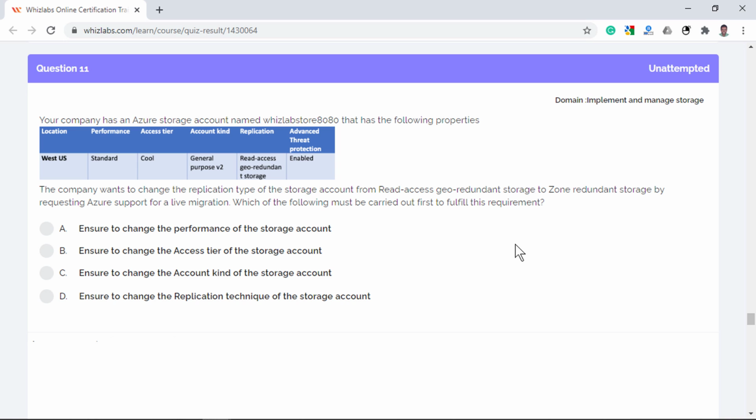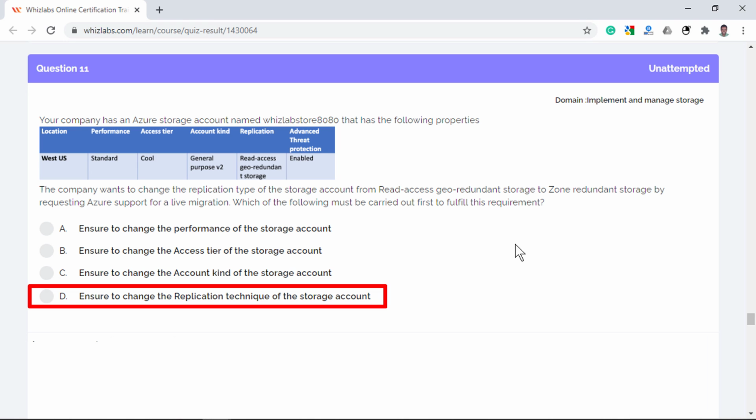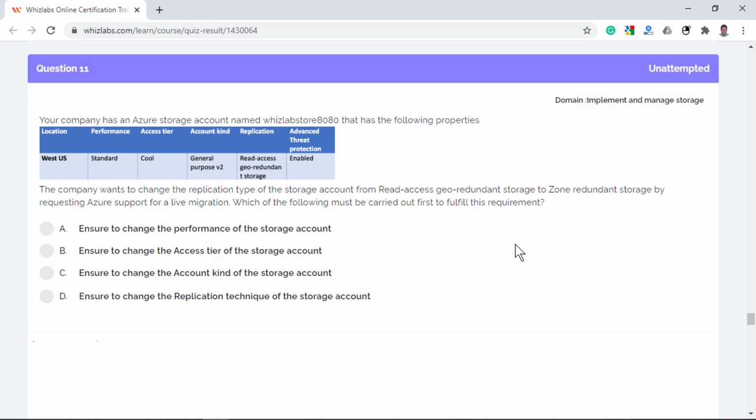Here, the account uses read-access geo-redundant storage, so we need to first change the storage account's replication type to either LRS or GRS before proceeding. This intermediary step removes the secondary read-only endpoint provided by RA-GRS before migration.